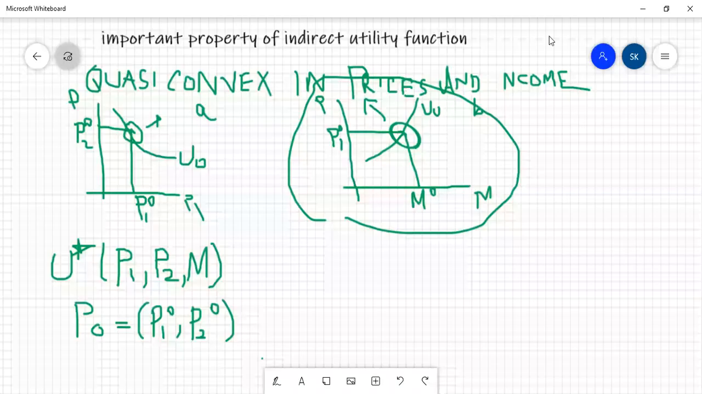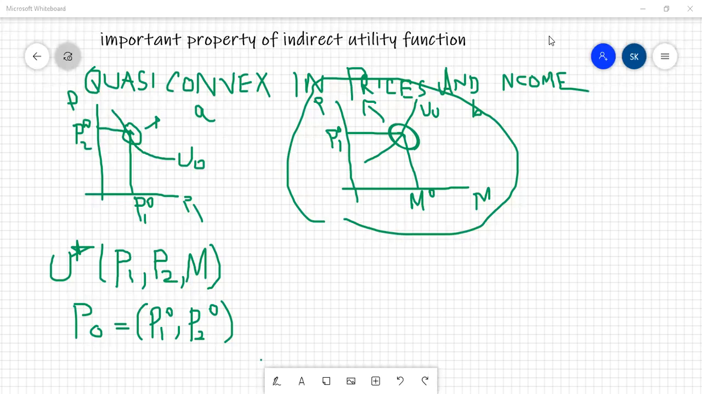So therefore, our topic finishes over here. After studying this property, we will move towards the Dirichlet equation. It's an important equation. And after that, we'll study very briefly the properties of demand function. That too will be incorporated into the Slutsky equations